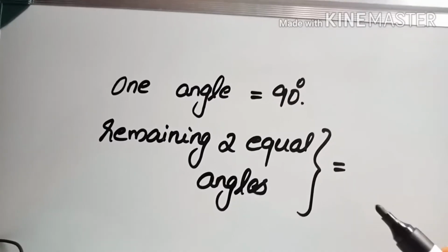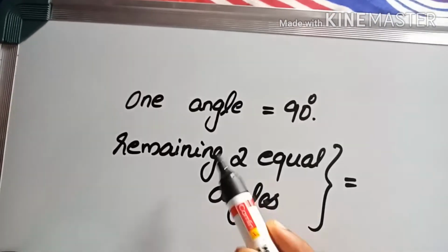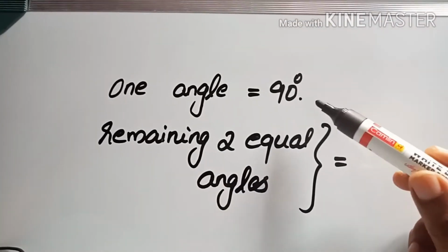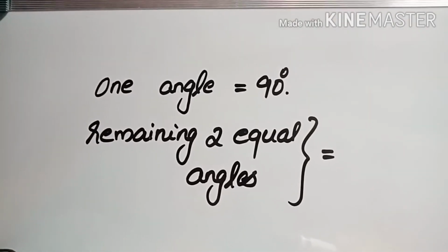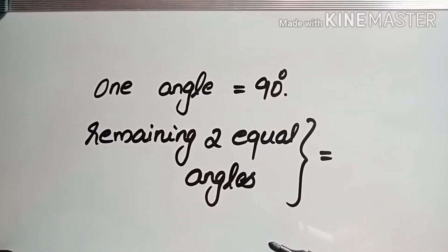Next is question number 2. One angle of an isosceles triangle is 90 degree. What are the other two angles? Here the figure is not given, but no issue, we can find the answer. Because for an isosceles triangle, if one angle is 90 degree, the sum of the other two will also be 90 degree. Then only we will get the sum of that triangle as 180 degree. So let's do it the same way as the previous question. One angle of 90 degree is given. That 90 degree is not an equal angle. So the remaining two sides will be the equal sides and their opposite angles will be the two equal angles.